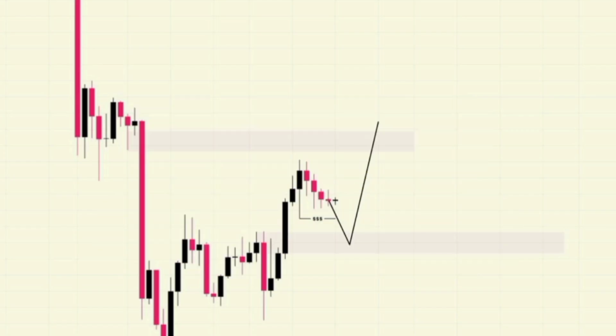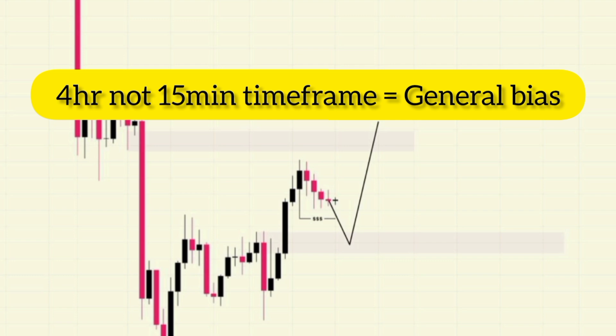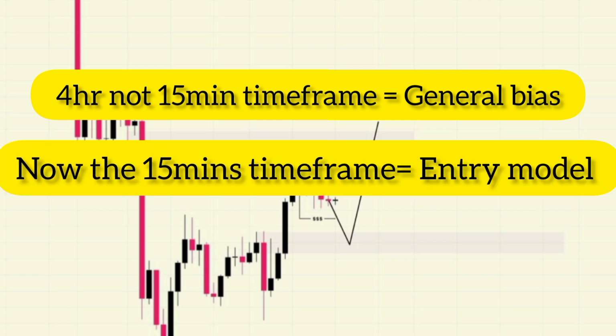The 15 minutes time frame will be our overall general bias, which means from the 15 minute time frame, we will be able to mark out our order blocks, fair value gap, and other important zone. That will be the use of our 4-hour time frame. Now, in the 15 minutes time frame, we are going to wait for our change of character in our point of interest, which has already been marked in our 4-hour time frame. So once price reaches that particular area, we are waiting for a change of character